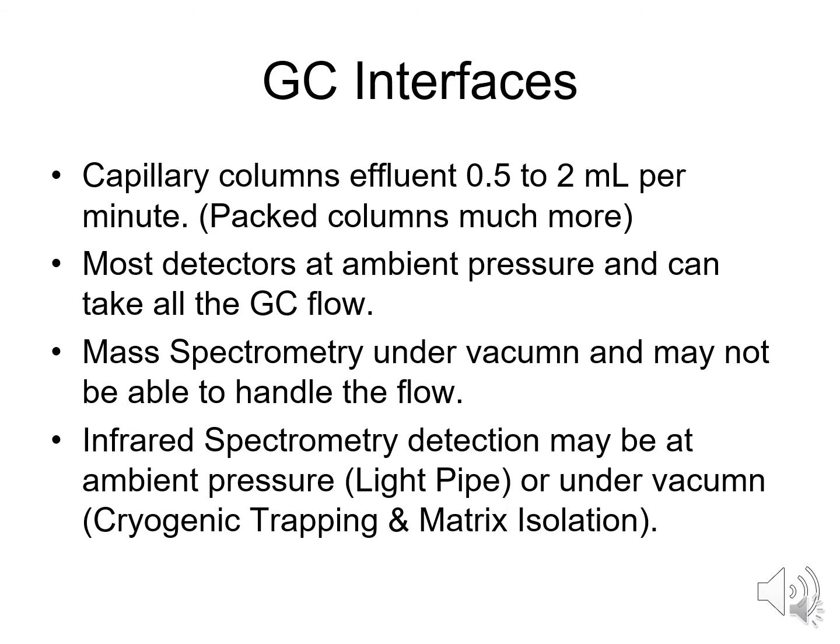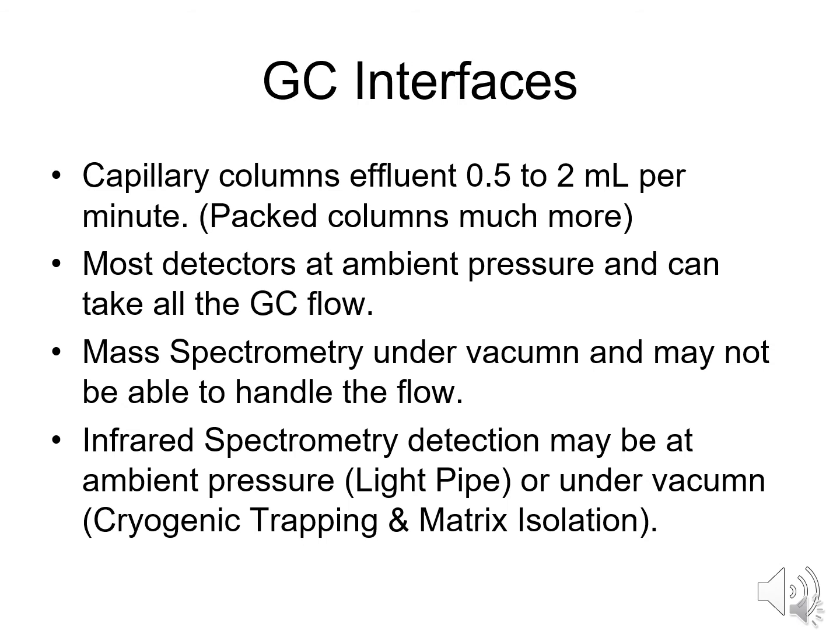Most detectors are at ambient pressure and can take all of the GC flow. Some detectors aren't. Mass spec is under a vacuum, so it can't handle all that flow. So a lot of times you have to split some of the flow off so that you're not getting all of what comes off the end of the column going into the mass